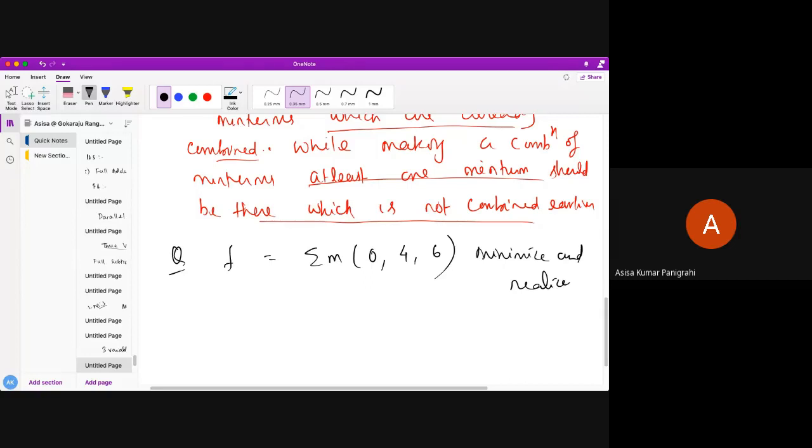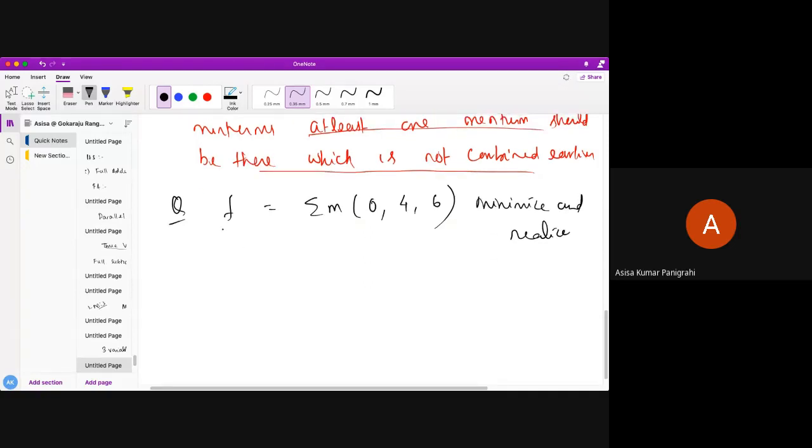What you have to do here: the number of variables is not given to you, x, y, z or a, b, c, nothing has been given. So as I told you, first you have to take the maximum minterm value. 6 is the maximum minterm value. Find out how many bits are required to express 6: 3 bits. So obviously this function is a 3 variable K-map. According to the number of bits required, that is how many variables it is.